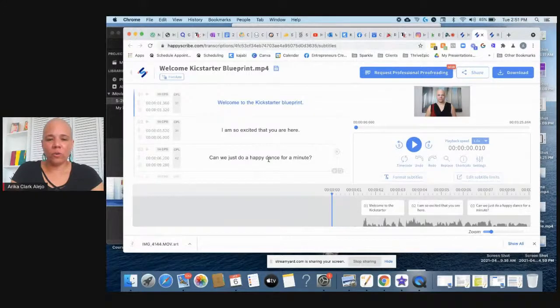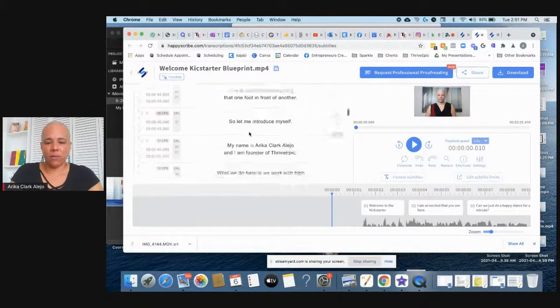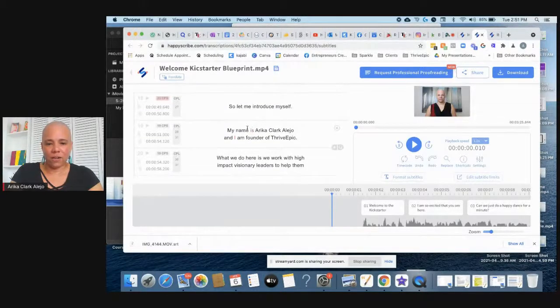On this side is where you can see the time markers, those every 5-second chunks. I don't touch any of that. You can, but don't. What I want you to do is just go through and read your script here and look and see if there's anything that needs to be adjusted. Now, you'll see here the stuff in red that I mentioned earlier. If it's not clear, like I probably said my name's Erica and that confused the system. If you talk a little slower than me, it helps. It will make your transcription accuracy even higher.